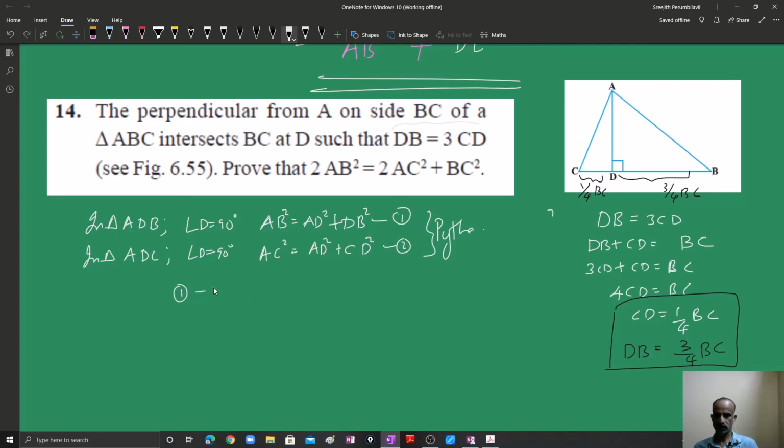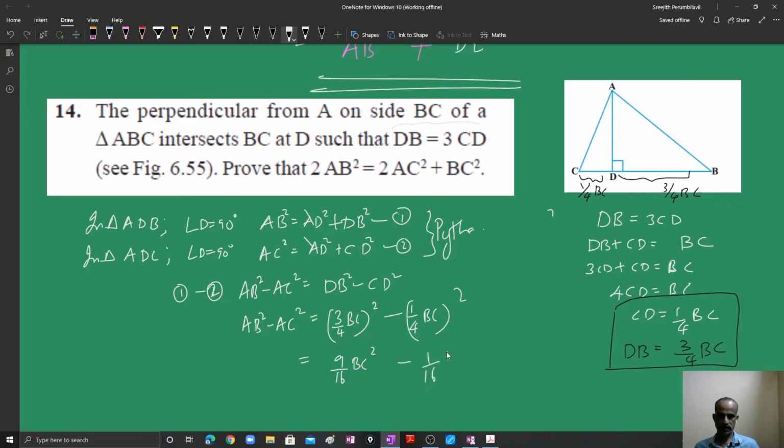Now relation number 1 minus relation number 2, because this is the hint going on here. AD is not asked, so I want to get rid of AD. AB square minus AC square is equal to DB square minus CD square. So AB square minus AC square is equal to, what is DB? 3/4 BC whole square minus CD. CD is what? 1/4 BC whole square. This is equal to 9/16 BC square